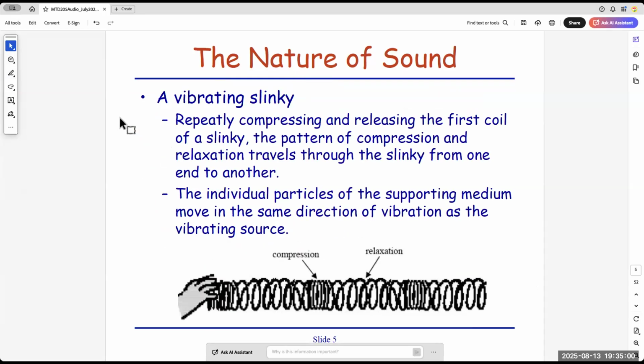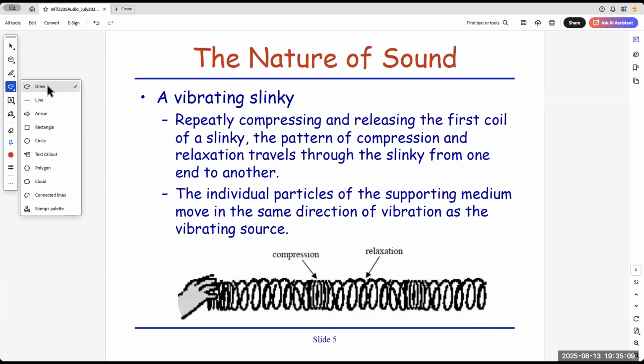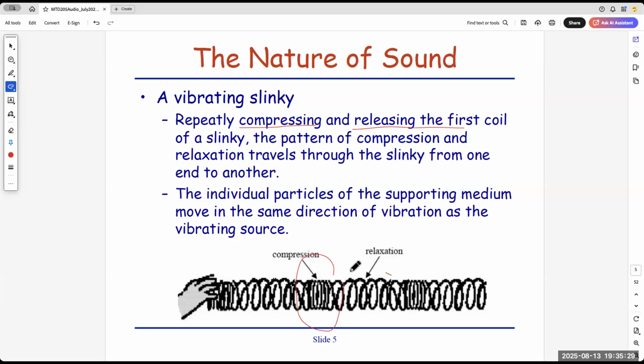So a longitudinal wave, using a vibrating spring as an example, is a series of compressions and releases of the coils, all the way from one end to the other. For illustration, when the spring is being compressed, you can see the coils all pushed back together. That is called compression. When the spring is being relaxed, it means it is being expanded out.